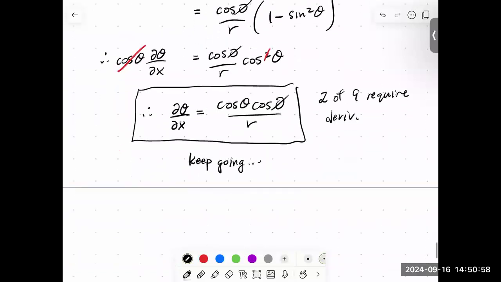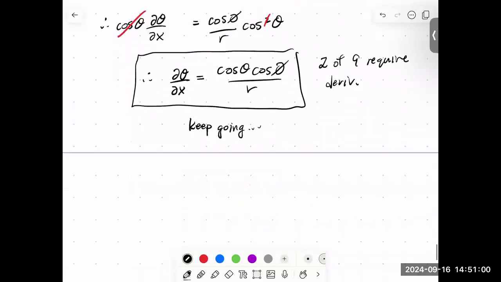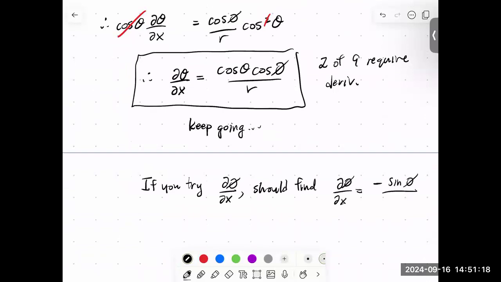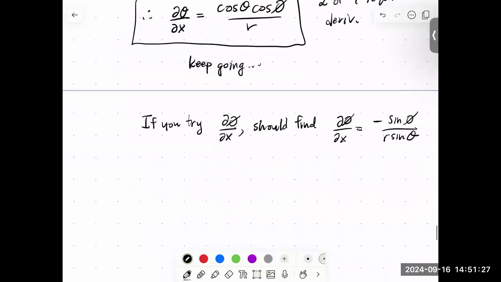What I'll tell you is the answer. If you try d phi dx, you should find the following results. I'll leave this as a challenge for you to work out. Anyways, if you do all of that, then you combine everything. We could say then that